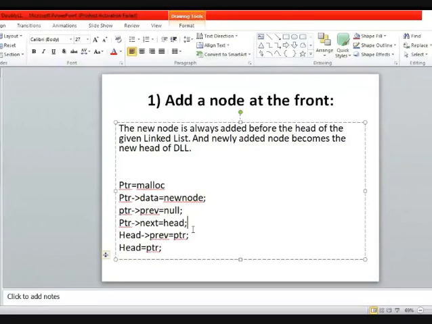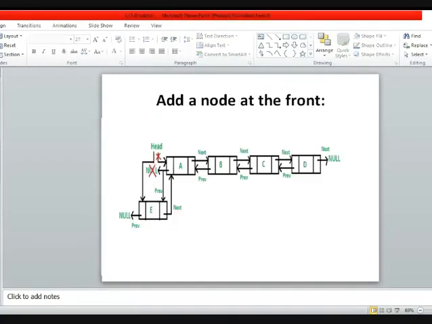But here you have to perform all these operations, removing the link from the particular node where you are inserting or removing, or adding some extra links. So we are changing more pointers than in the singly linked list. Okay, so that is the concept behind how you can insert a new node at the beginning of a linked list.